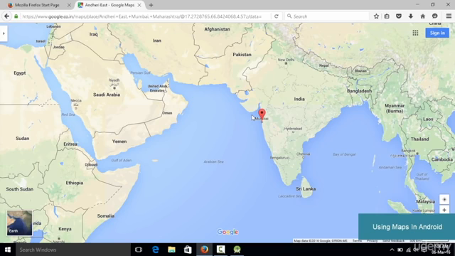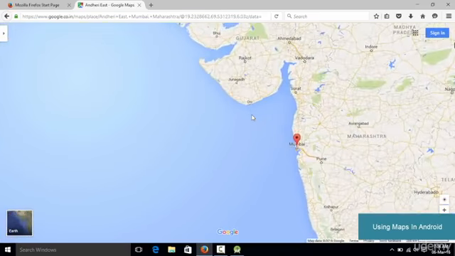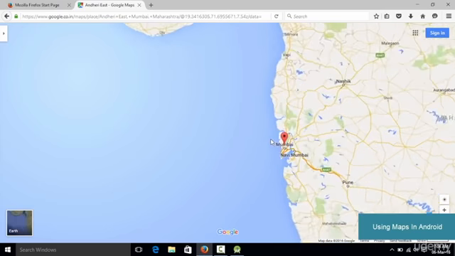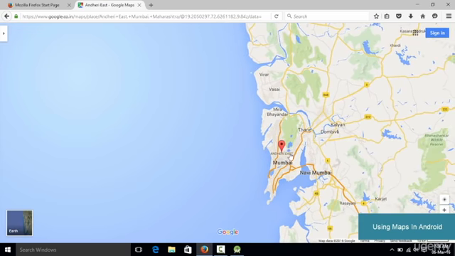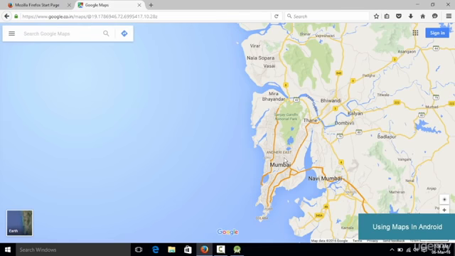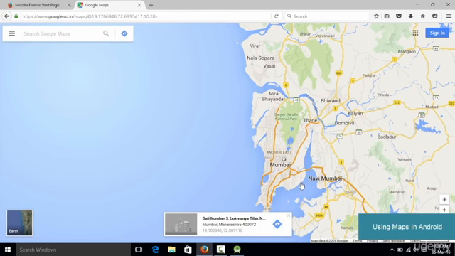So for this, what you need to do is that first we need to select our location on the map. So make sure whichever country you live in or whichever place you live in, you just open up Google Maps in your browser, and the next thing which we do is that we scroll to our location. So as I live in this location, what I do is that I simply right click on it, and there is an option which says what's here. So we simply need to select this option, and when we select this option, as you could see, it is